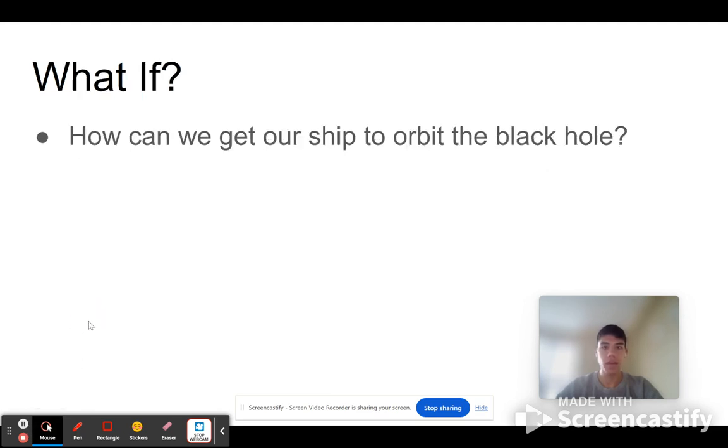And then, how can we get our spaceship to orbit the black hole? In the simulation, I was not able to find the correct trajectory to get the spaceship to orbit the black hole. But in theory, it would have a similar velocity to the planet's motion and a similar direction, which is the most important thing. And it would most likely go off of the planet and have a trajectory out